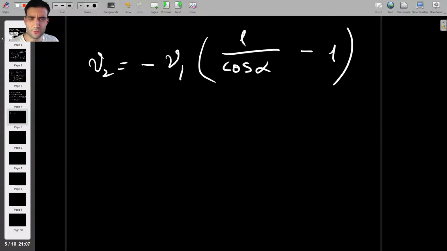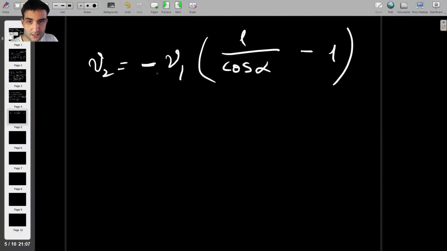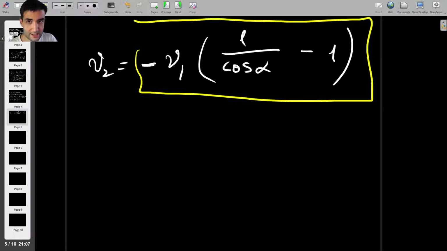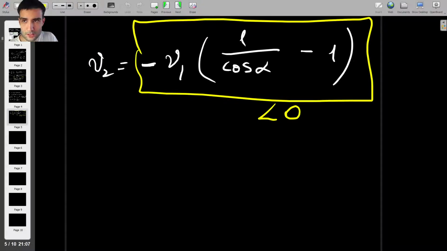Now, why is this actually negative? What does this negative velocity tell us? Well, it tells us that our initial assumption regarding the derivative of y2 was not actually correct, but that's not a problem because we assumed both velocities. We assumed everything going down to be positive, and we assumed v2 to be positive. But because we have this minus here, and this is clearly going to be a negative quantity, it simply means that if velocity v1 is going down, velocity v2 will be going up,